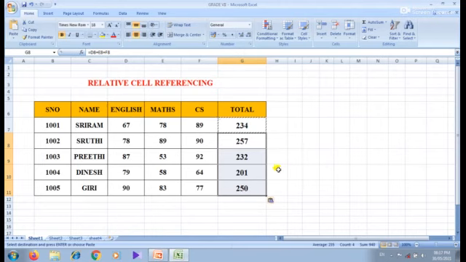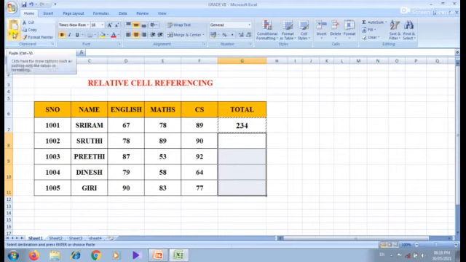Once again I will explain. See here. First, I have to copy this. First click the cell and click the copy button. Otherwise you can use the shortcut key Ctrl plus C. Then after that select these cells, the cells to which you are going to copy the formula.